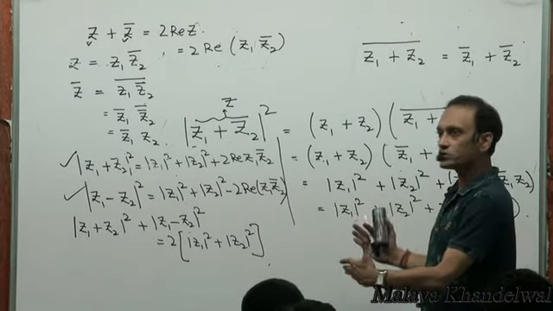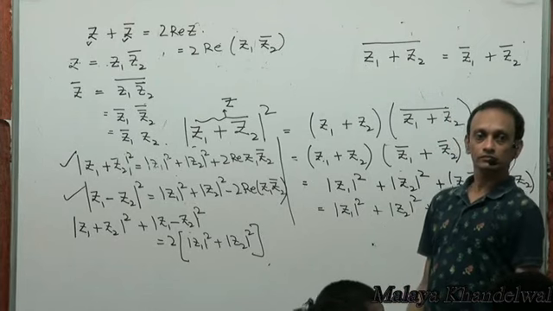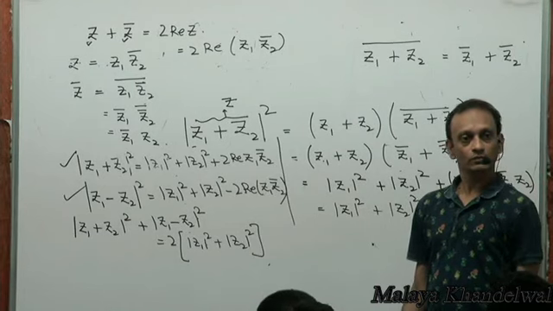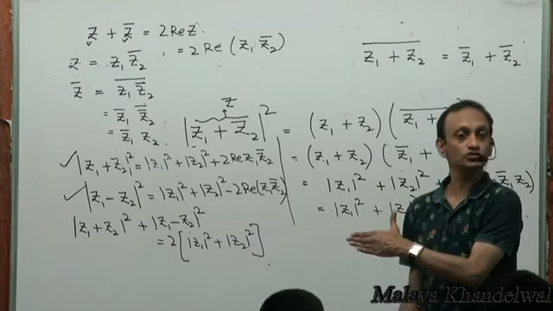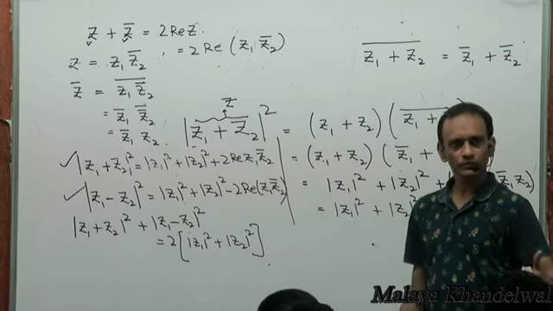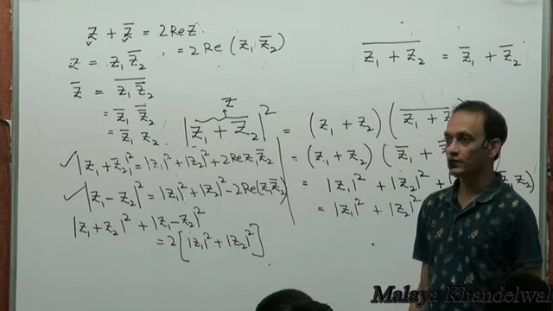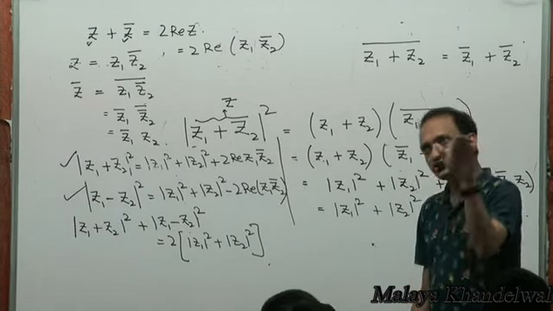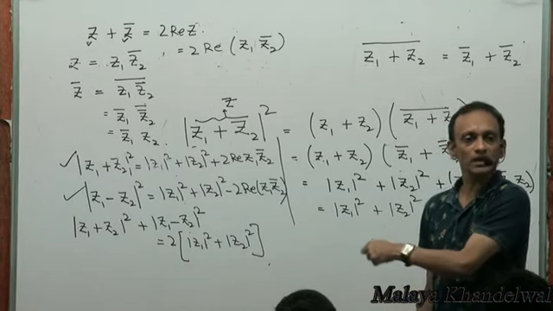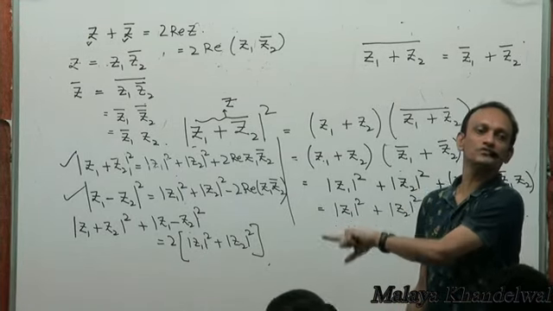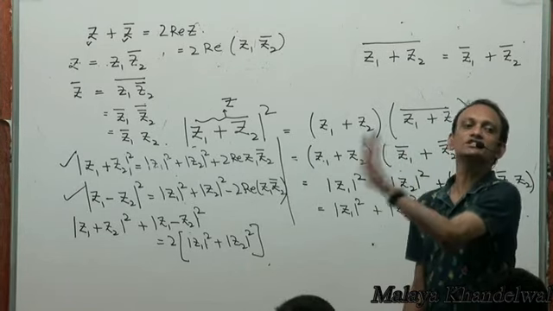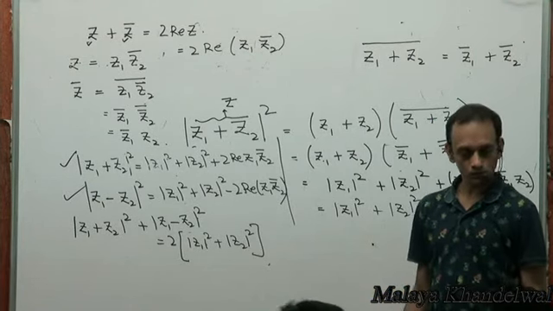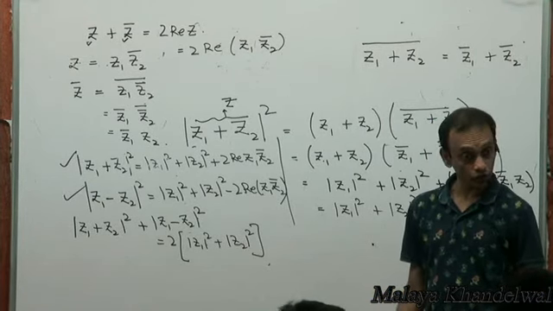Okay, can I wipe this off? Yes, please. Z1 plus Z2 whole bar, will that be the same for subtraction as well? Like Z1 minus Z2 bar would be Z1 bar minus Z2 bar. Did I establish that properly? Or maybe I asked you to prove it yourself. I proved that Z1 plus Z2 bar is Z1 bar plus Z2 bar. Similarly, Z1 minus Z2 bar is going to be Z1 bar minus Z2 bar. Bar of the difference would be the difference of the bars. Bar of a sum would be the sum of the bars. That's the manner in which you want to remember all of this. Is that okay or not okay?